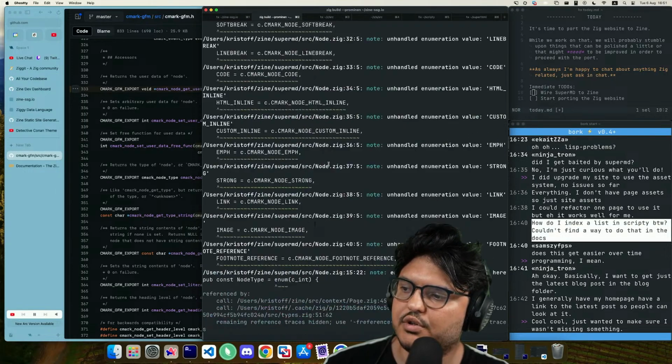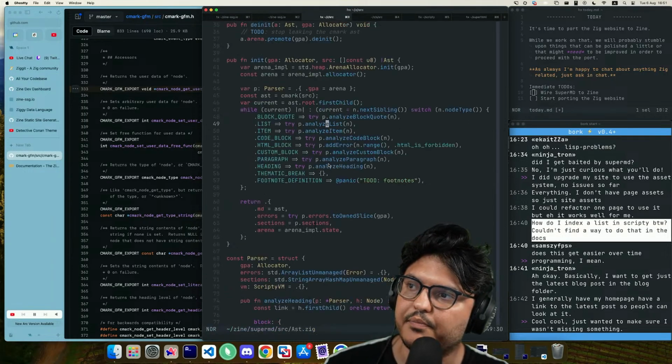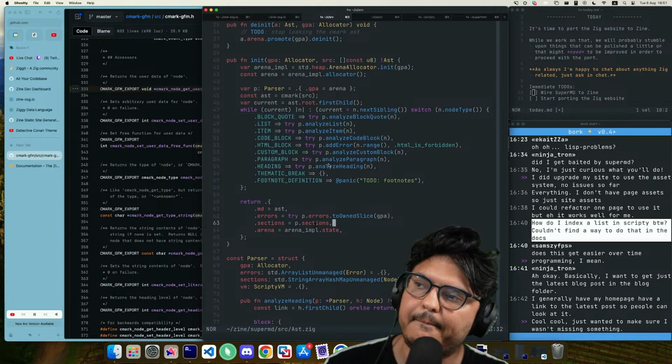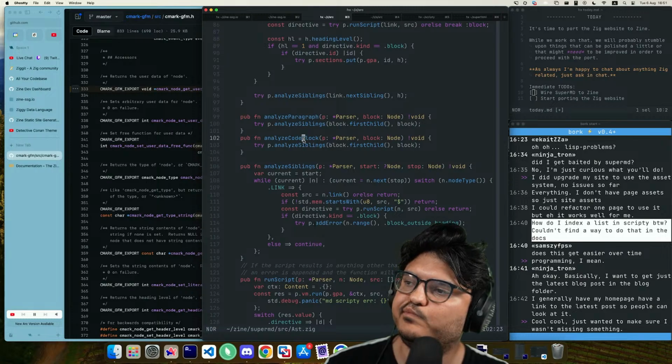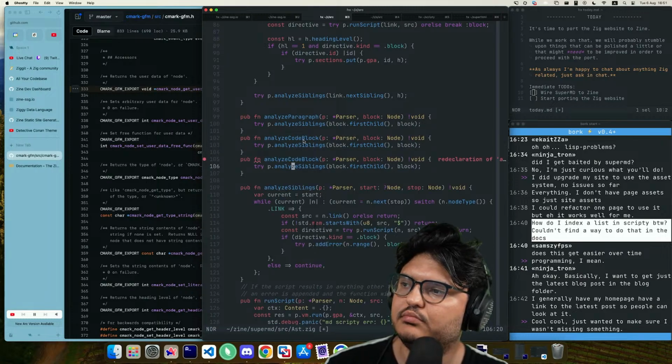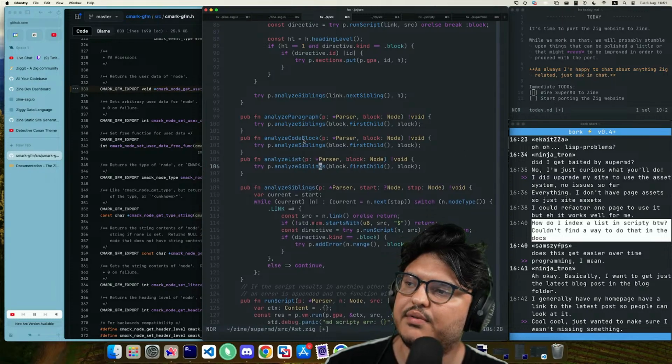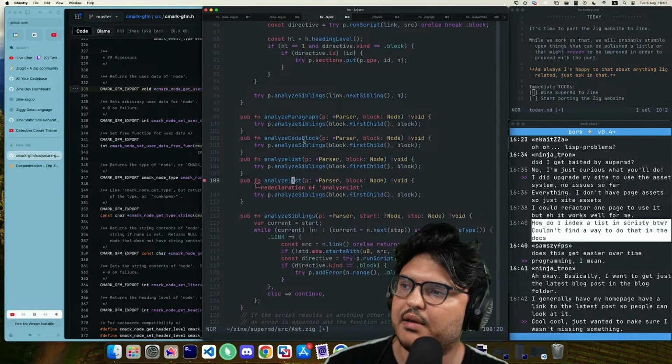Okay, so this actually leaves us with some unimplemented things like analyze list, analyze item, analyze code block. Analyze list. They're all kind of the same for now.